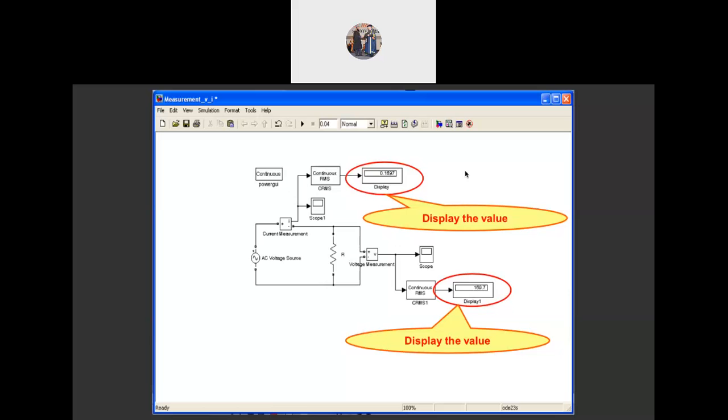So you have to perform some programming to create your own block set, let's say if the components are not available in the Simulink library browser.